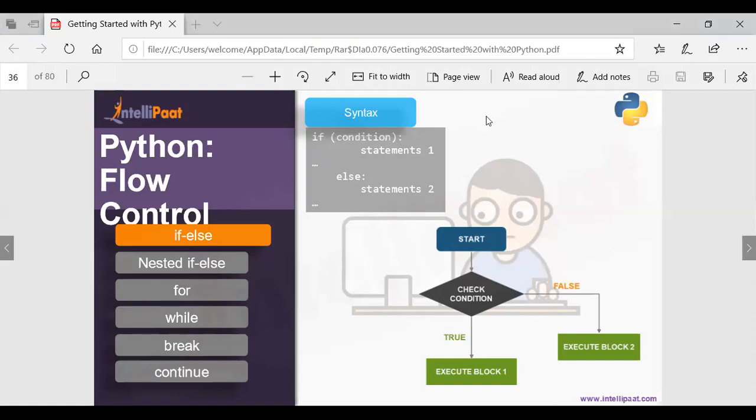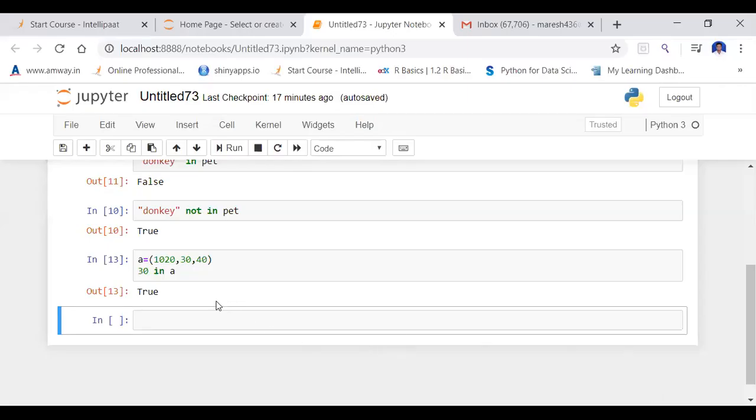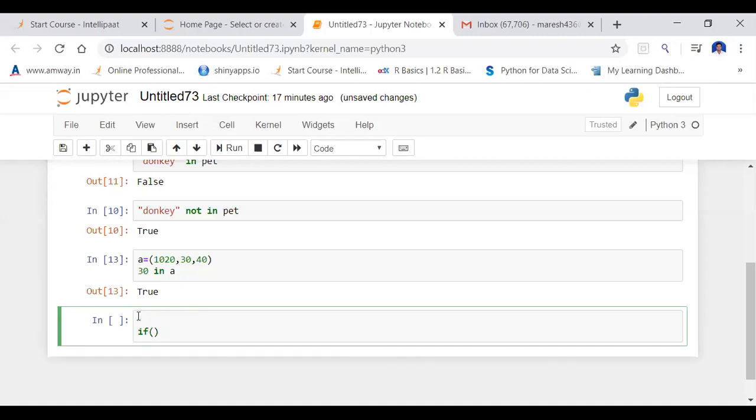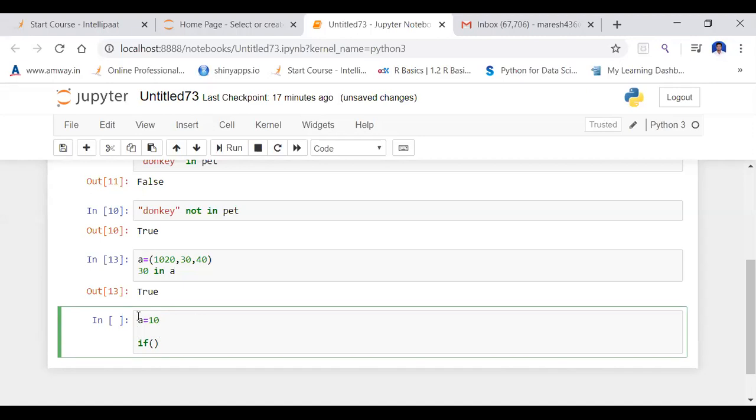I am going to share my screen. Where is my Jupyter notebook? Okay, right. So what is there? If followed by condition. Suppose I'm going to assign two values. A equals 10, B equals 20.